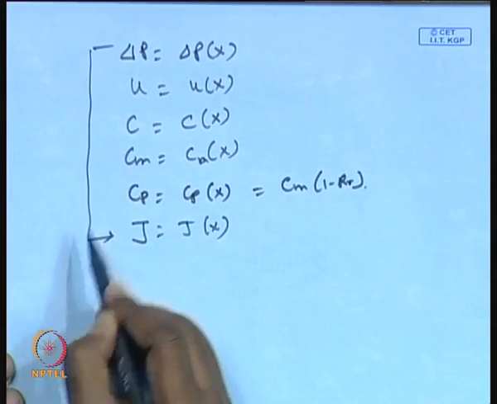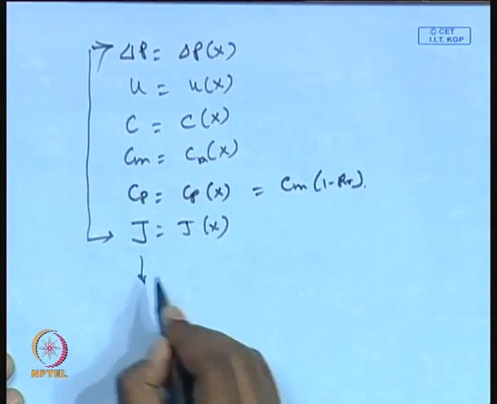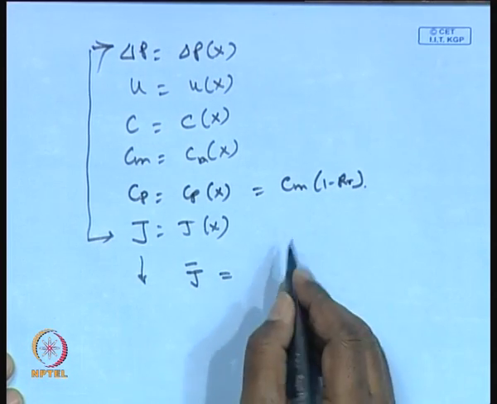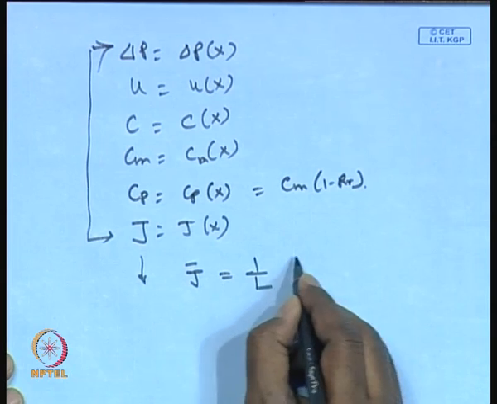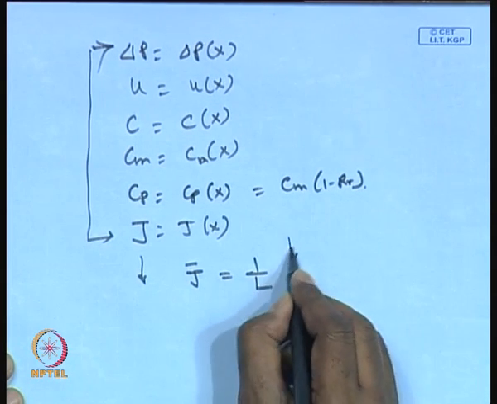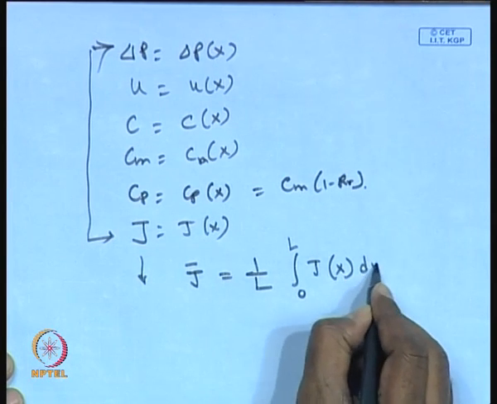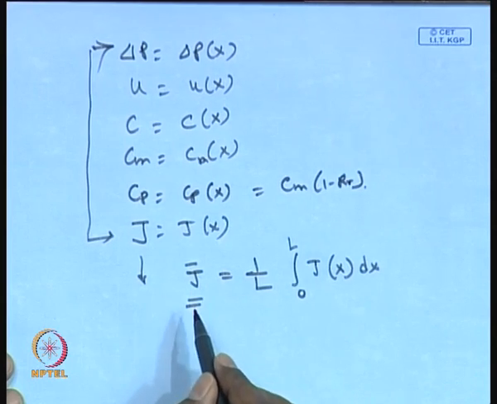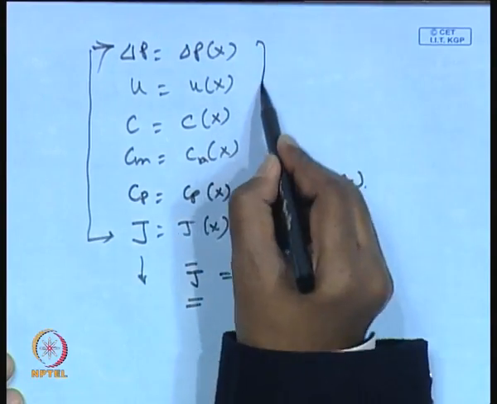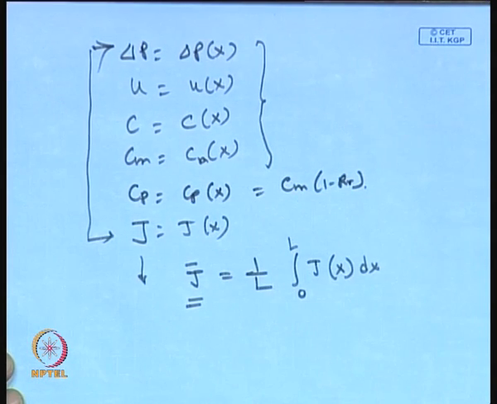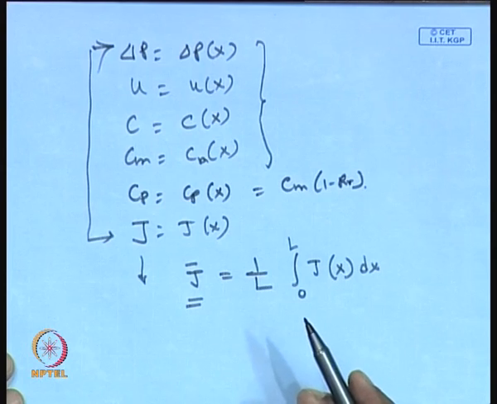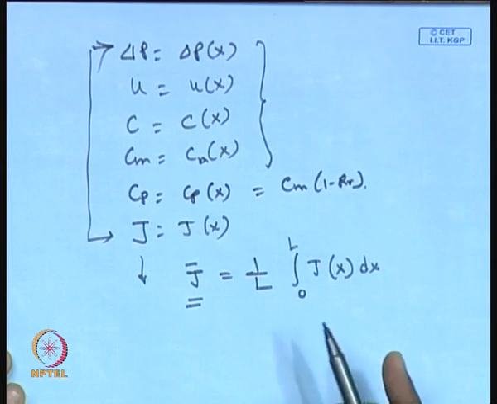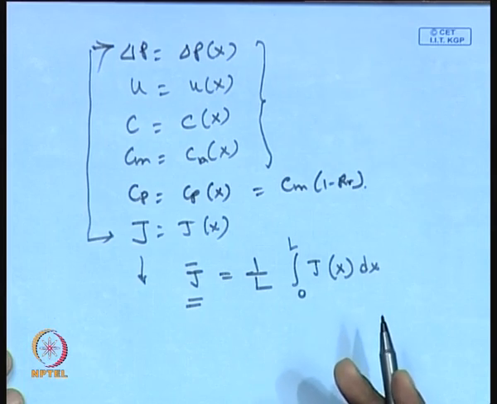After doing this RK4, you do a length averaging using Simpson's rule or the trapezoidal rule. I think Simpson is better in this case, the 3/4 or 3/8 Simpson. So 1 over L, integral 0 to L of jx dx. Calculate the value of the length averaged permeate flux and check whether this calculated value matches the guess value of the length averaged permeate flux or not. That way one can generate the full profile of all the dependent variables and get the value of the transmodule pressure drop as well as the concentration of the permeate at the outlet of the module.